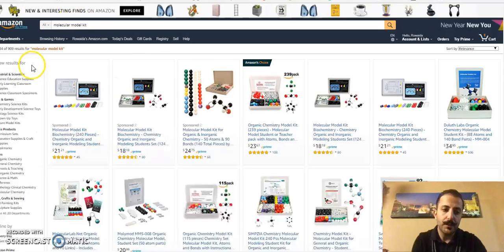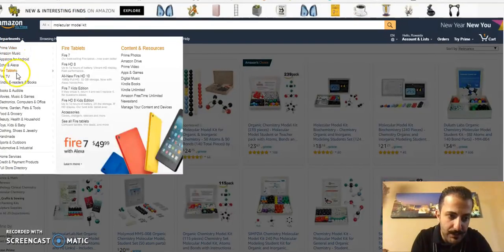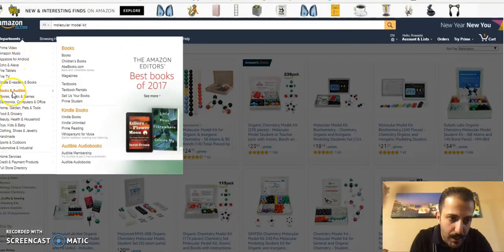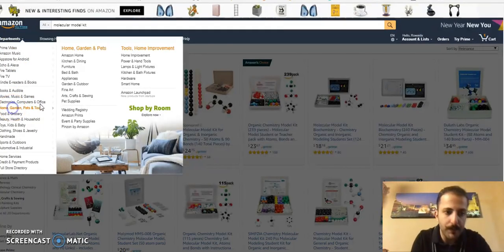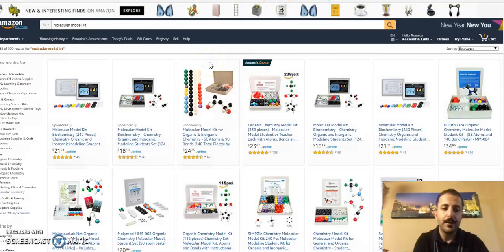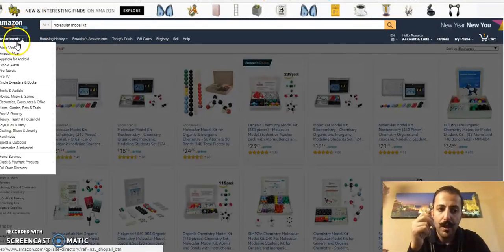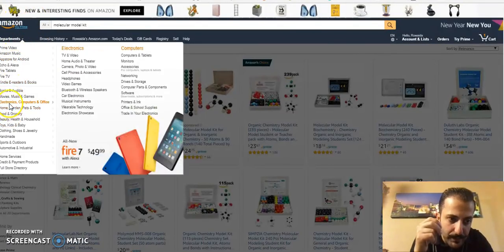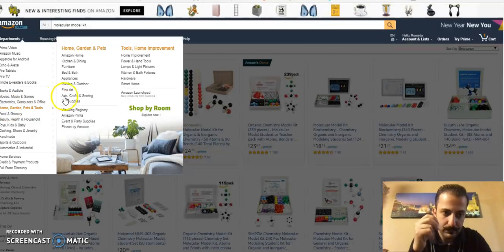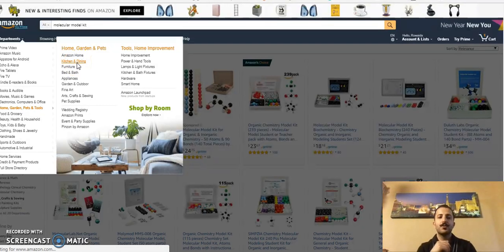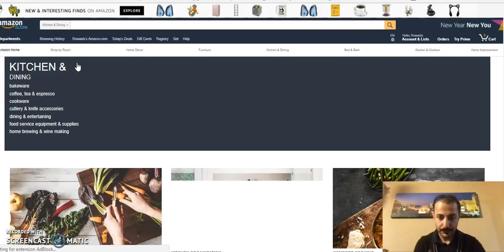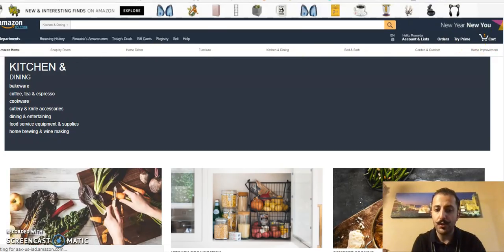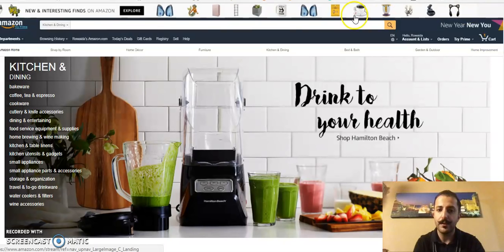I would go to all departments, and then let's say you go to home, garden, pet, tools, right? And then they show you the subcategories, and from there you just select whatever. Okay, so kitchen and dining. Let's say kitchen and dining. So you go to those subcategories, and then you literally go through every single thing, and then you actually start